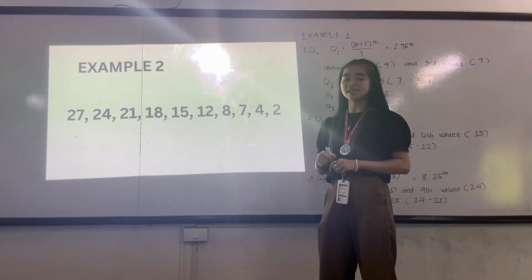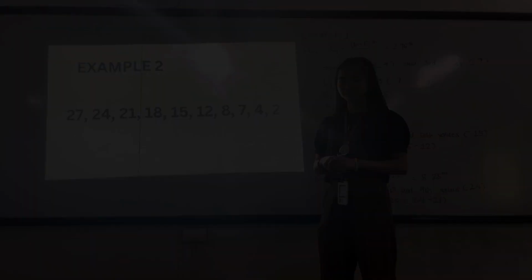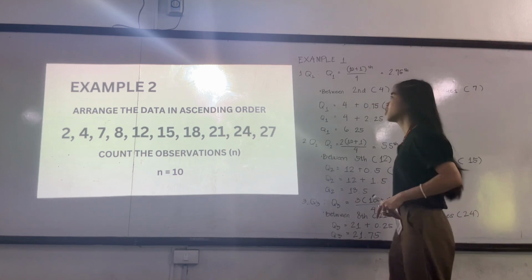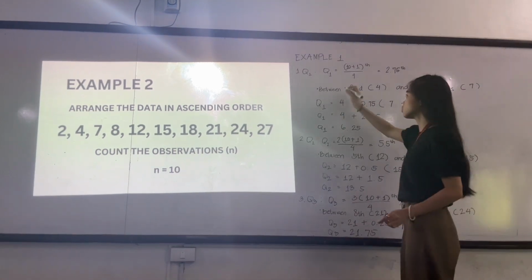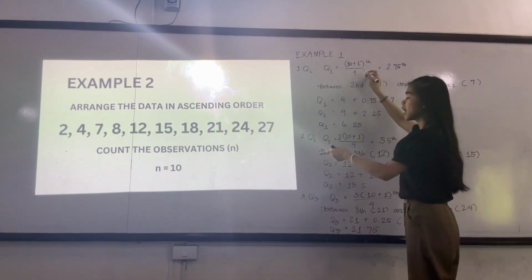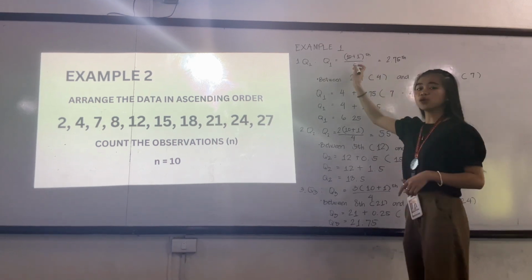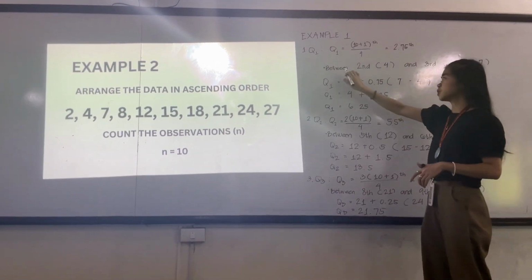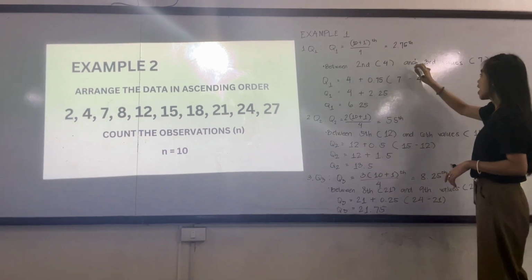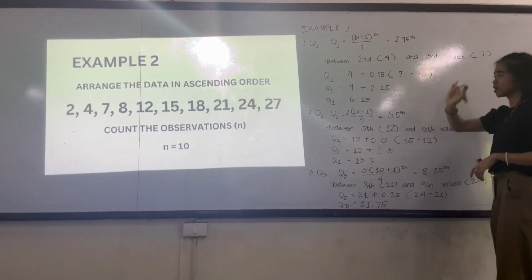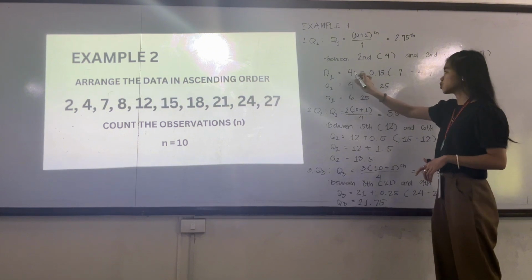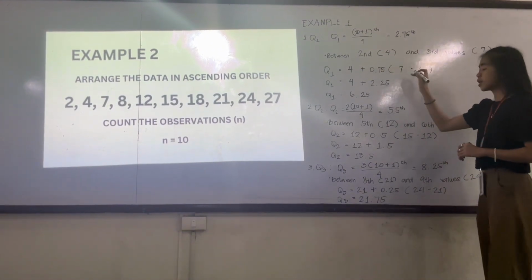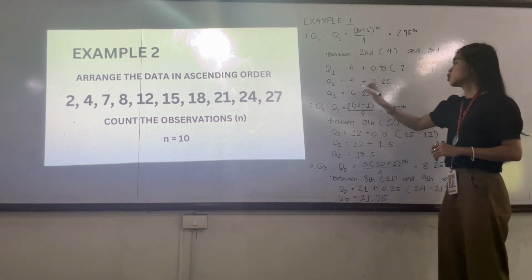Given in ascending order. So the third step is to solve for the quartiles 1, 2, and 3. So we have now quartile 1, which is equal to 10, which is the n, plus 1 all over 4. We have 2.75. So it is between the second value, which is 4, and the third value, which is 7. So Q1 is equal to 4 plus 0.75 multiplied by 7 minus 4. So we have 4